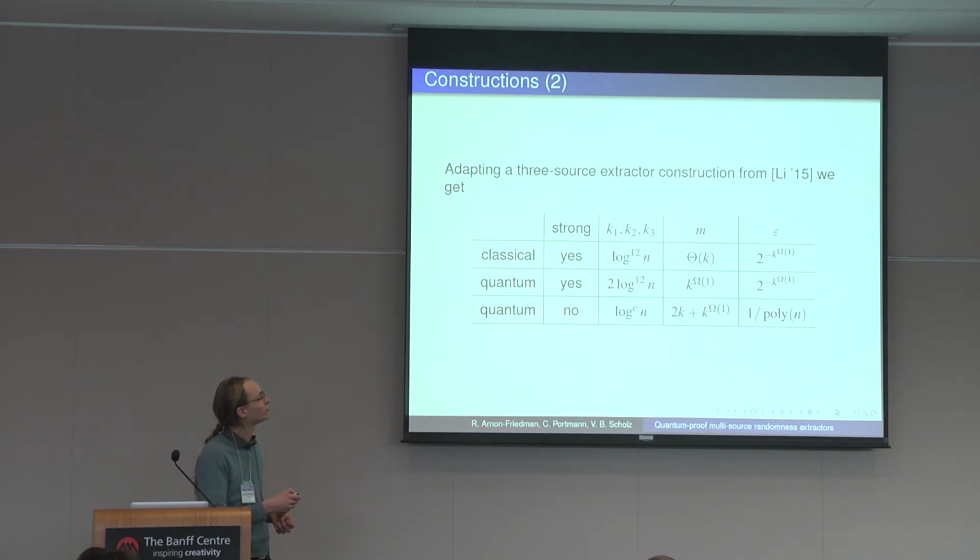For simplicity I just took the same n for each source, but actually lots of these constructions work for sources of different length. So the only requirement on the entropy is that k is lower bounded by at least this for all three sources. And his construction can extract something linear. If I'm not mistaken, it's maybe even k minus small o of k, so nearly all of k is extracted. And it has this error, which is not exponential, it's sub-exponential. But sub-exponential is still very good. So if we apply the trick that I explained on the previous slide, we get a quantum extractor, which now doesn't extract everything, because if not, the error would just blow up and be constant. But we can extract something which is sublinear. So this sub-exponential error directly